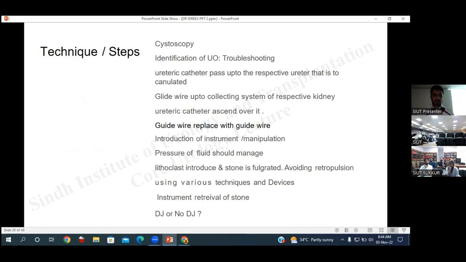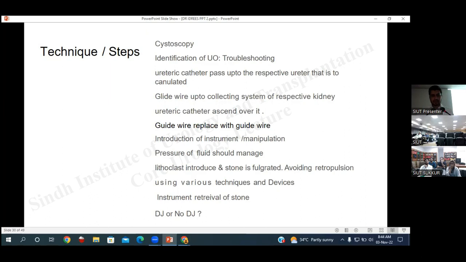For ureteroscopy, the steps are, first of all, a cystoscope is introduced through the urethra into the bladder by applying xylocaine gel on the cystoscope, and after that identification of the ureteric orifice is done. Then a ureteric catheter is passed up to the respective ureter that is to be cannulated, and a guide wire is passed up to the collecting system of the respective kidney, and the ureteral catheter is ascended over it, and the guide wire is replaced with